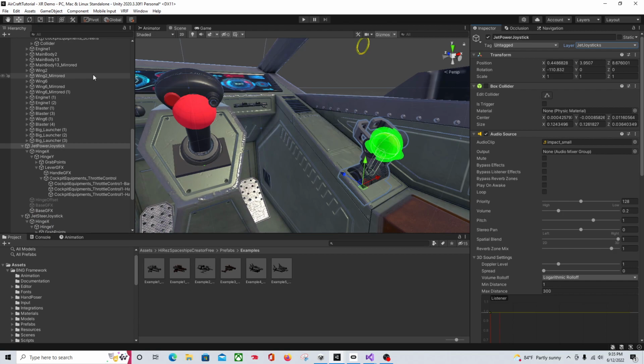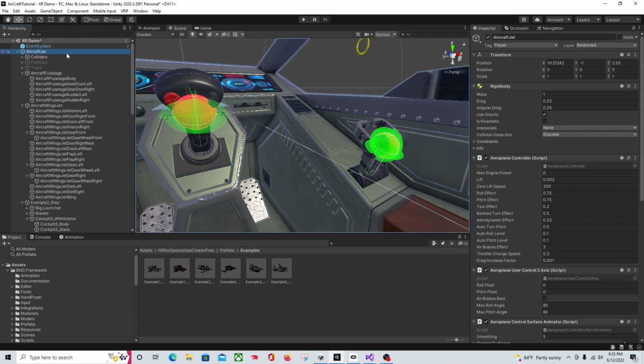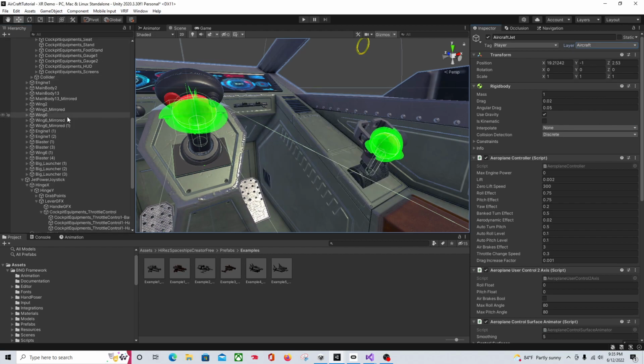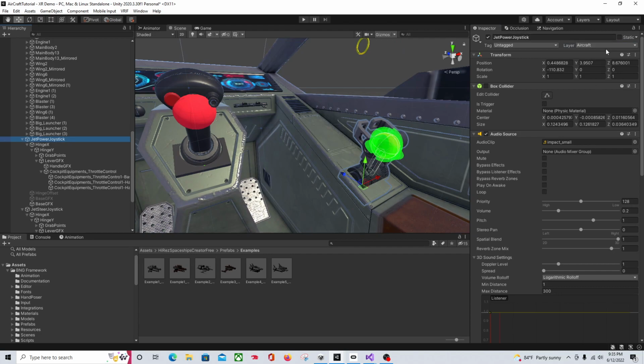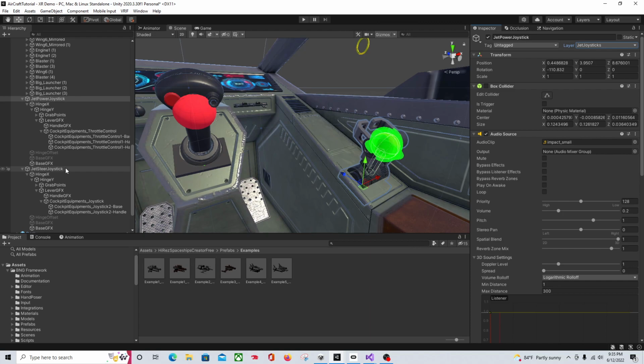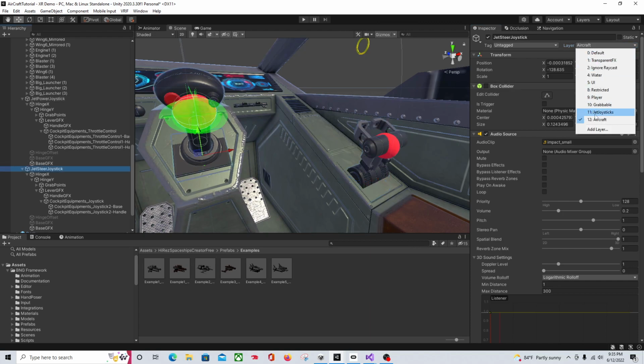Actually, did that backwards. Go to your aircraft. Make it aircraft. Yes, change children. Then come down to your joysticks and change it to jet joysticks. Yes, change children. Then go to edit,